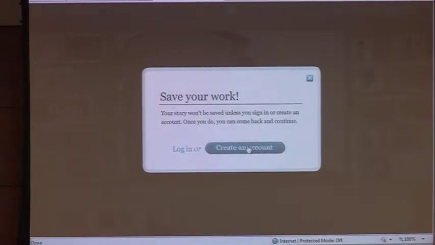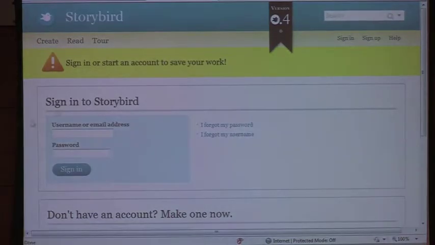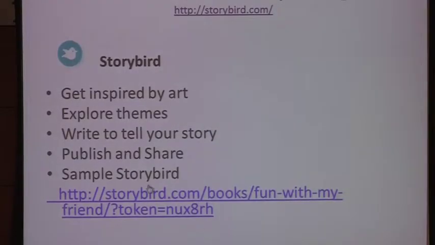And that's when it'll kind of take you through starting an account. So then it'll let you do it really quickly and simply, and it's all free. So do you see how quick that works? And this is one that I put together. I thought I would just quickly show you.